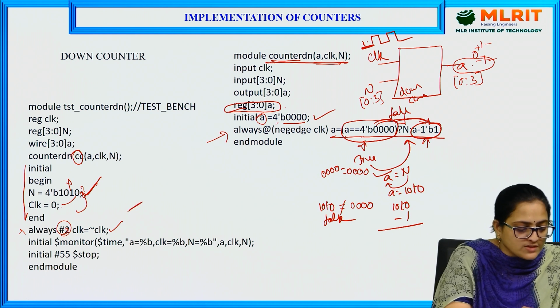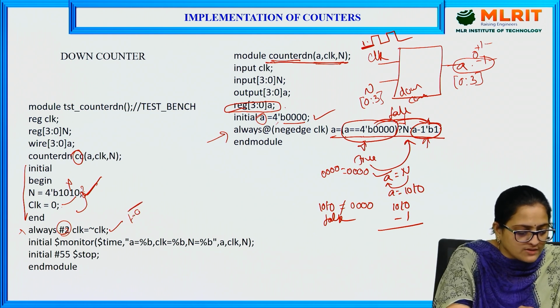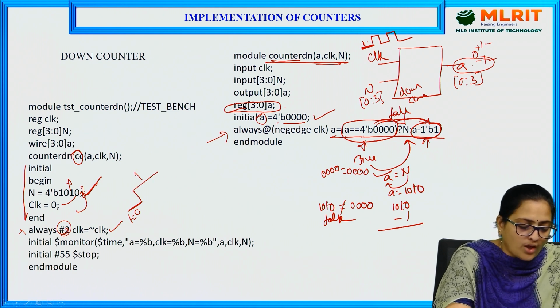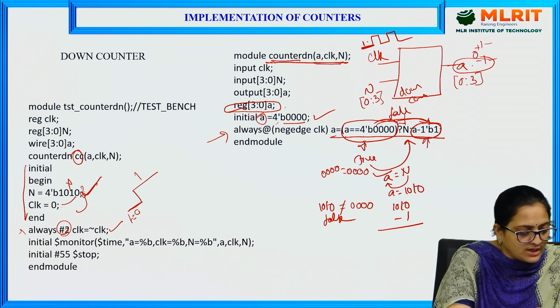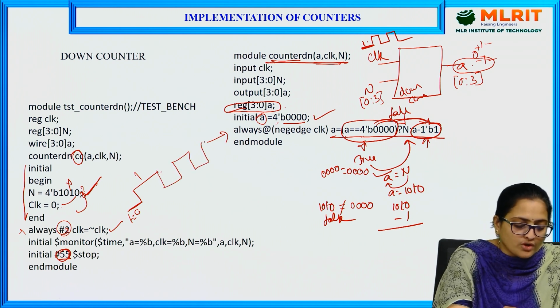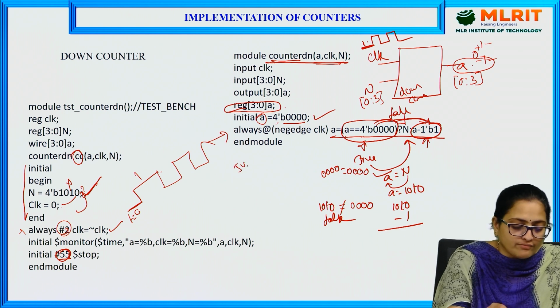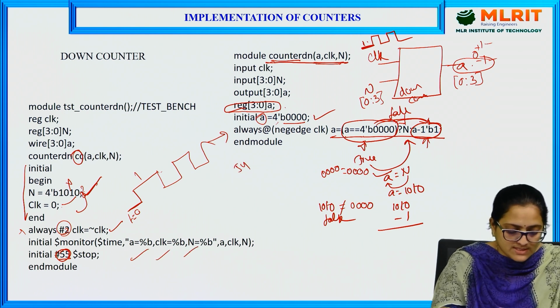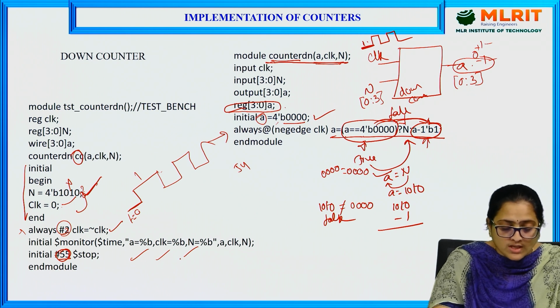It starts with 0, at time t equal to 0. It stays at 0 for 2 time intervals. After 2 time intervals, the clock moves to 1. This goes on till 55 time intervals. After reaching 55 time intervals, the production of the clock also stops at the 54th time interval. And I want to observe the A, clock and N values in terms of binary.